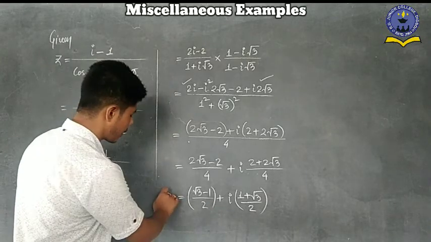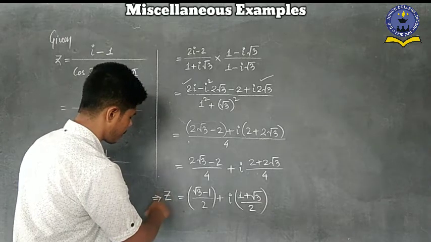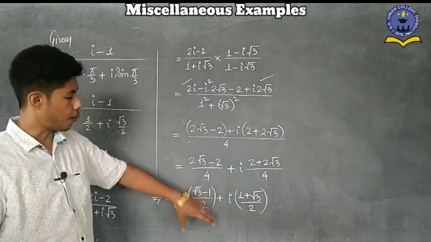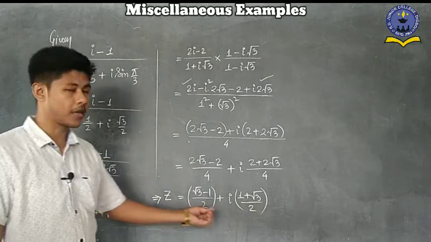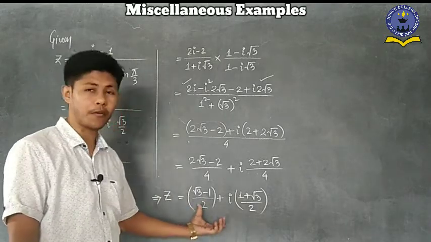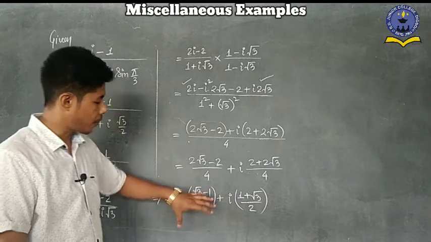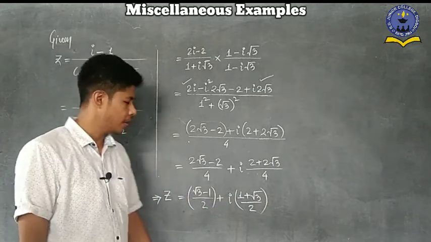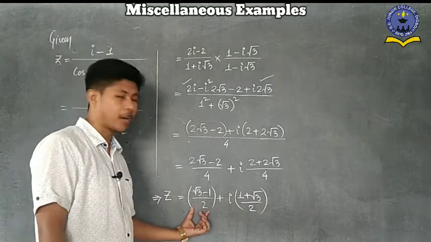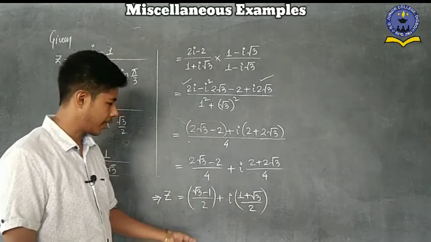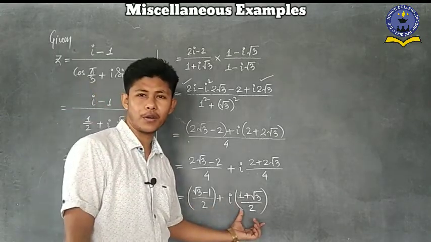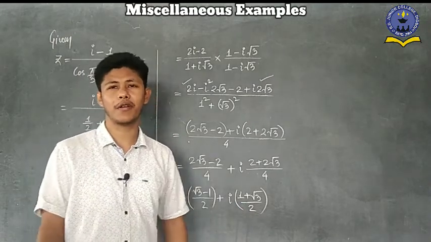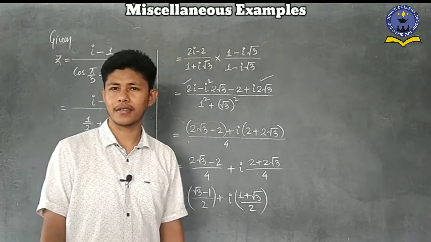So finally we get, this one is on the left hand side, it is given z, so z equals this result we get. Now this complex number we get here, in a plus ib form. So here we have to convert this one into polar form actually. Is it clear? So polar form means real part equal to r cos theta and imaginary part equal to r sin theta we have to consider, and after that from there we have to find out the value of r and theta. Is it clear?